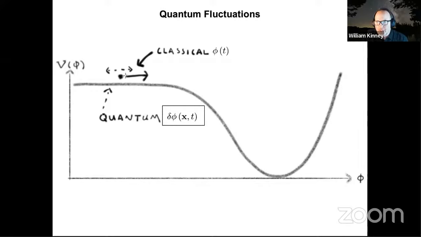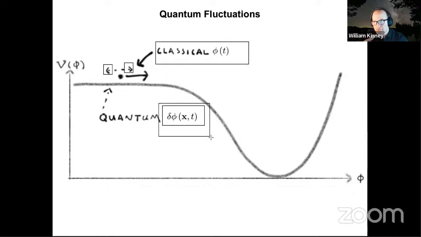But the inflaton is special because when the inflaton gets bumped up the potential, that increases the energy density in the universe a little bit, and it increases the Hubble parameter. So it increases the expansion rate a little bit. And similarly, when it bumps down the potential, it decreases the Hubble parameter and decreases the expansion rate a little bit. Remember that we're comparing the number of e-folds of inflation on the unperturbed, classical hypersurfaces with the number of e-folds of inflation on the perturbed hypersurface. And so if I'm changing the expansion rate with these field perturbations, that means that the field perturbations are going to couple into the number of e-folds at linear order.